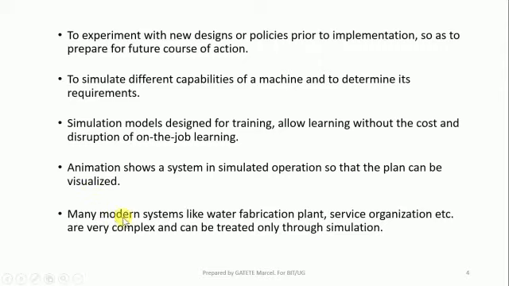So we can have some more modern systems, for example, a water fabrication plant. A water fabrication plant means a way you can fabricate water. Also, a service organization. These systems are very complex. When they are complex, you have to treat them using a simulation.